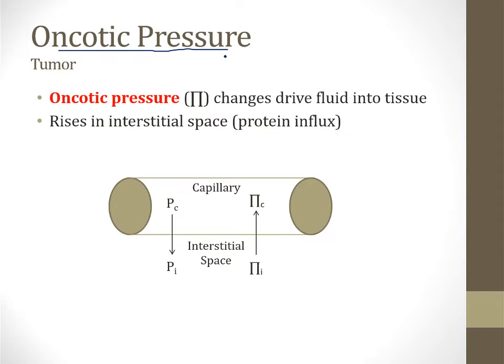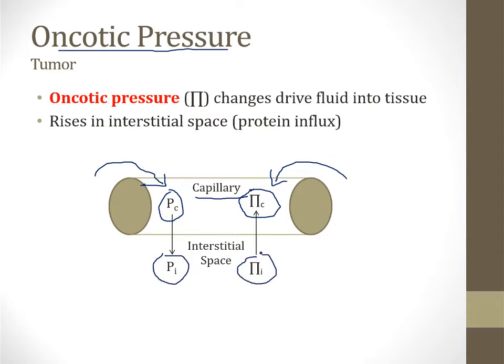In the cardiology section, in the video on regulation of blood flow, I talk about capillary fluid movement. By way of review, within the capillaries there is a hydrostatic pressure P sub C and also an oncotic pressure pi sub C. The oncotic pressure is created by proteins, especially albumin, and the hydrostatic pressure is basically the blood pressure. There is also, within the interstitial space surrounding the capillary, a hydrostatic pressure P sub I and an oncotic